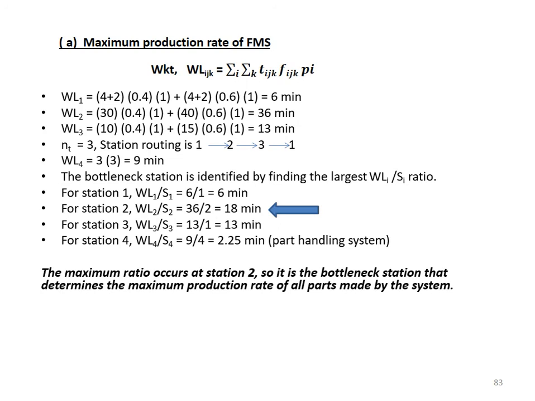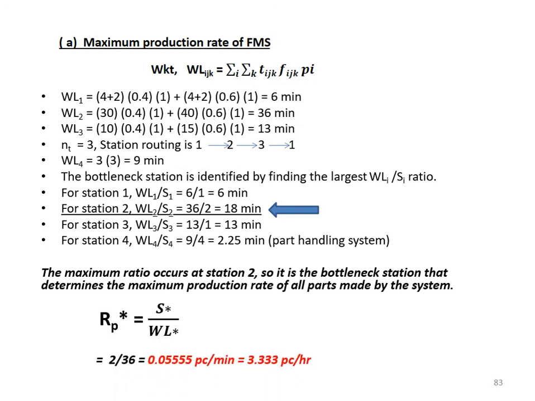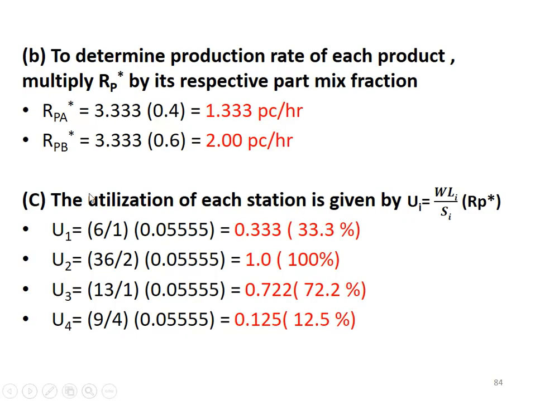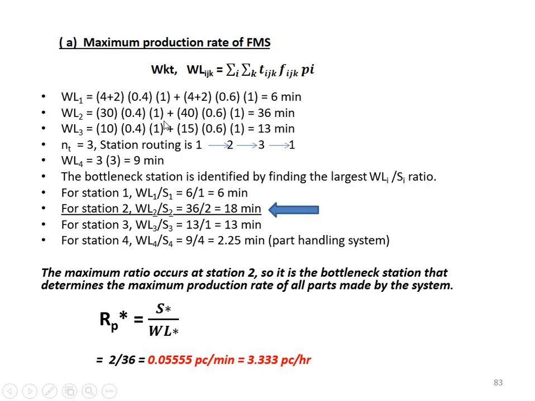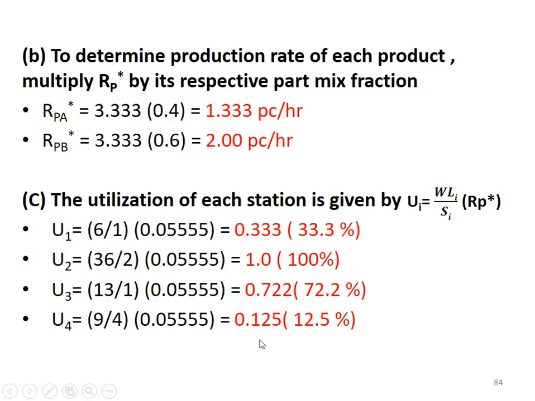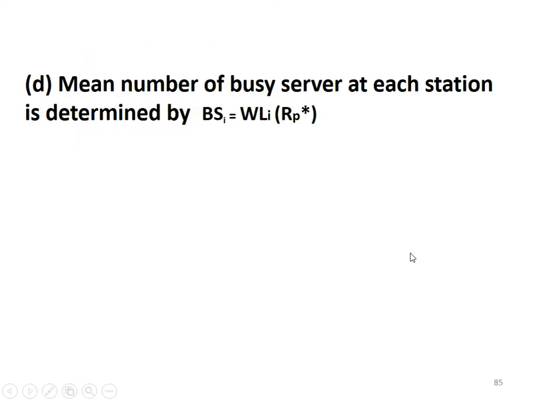That is because the number of going products, or the parts, are situated at that particular station. So, from the basic formula for calculating the maximum production rate, we have this. From now on it is simply substitution. I'm just doing that. You can go through it. To determine the production rate, just substitute RPA, which is 0.4, which is PJ, and 3.3 is nothing but the one which we got as the RP. Just ensure that you are referring to the particular formula given over there. I'm simply substituting the values, nothing complex in this, so I'm skipping.